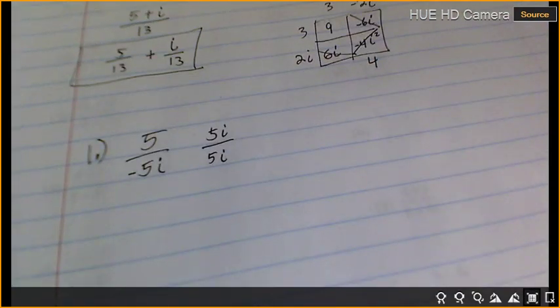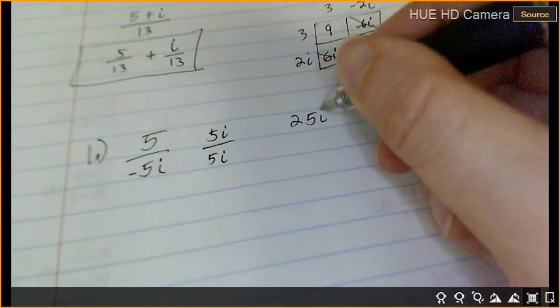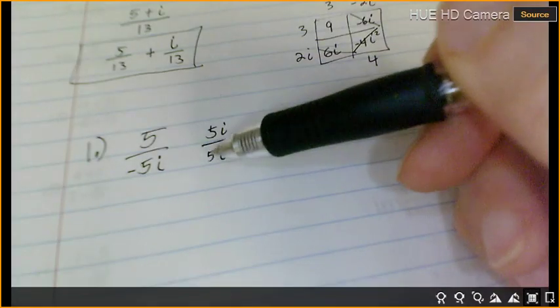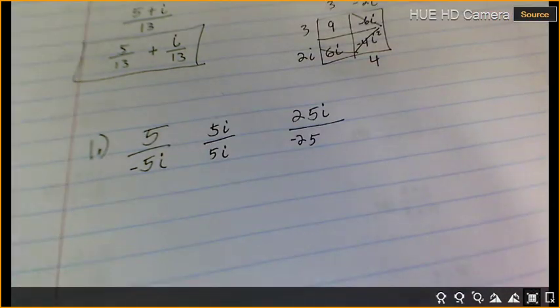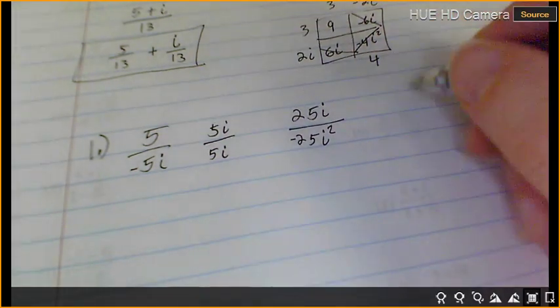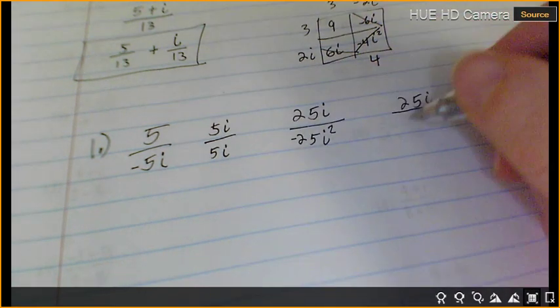Okay, this is where we don't need to make the whole box because we're only doing one term times one term. 5 times 5 is 25, and we have i. Negative 5 times 5 is negative 25. And i times i is i squared. And i squared is the same thing as negative 1. So we've got 25i over, this becomes 25,